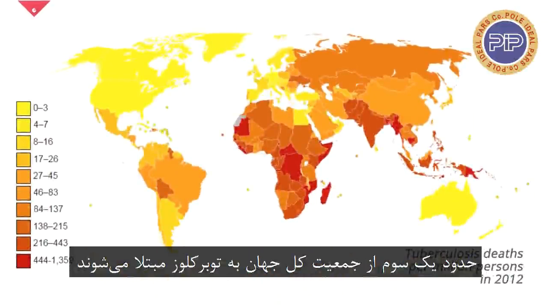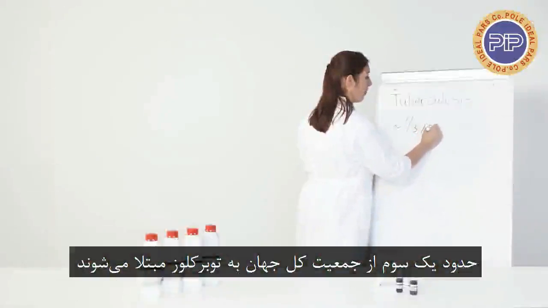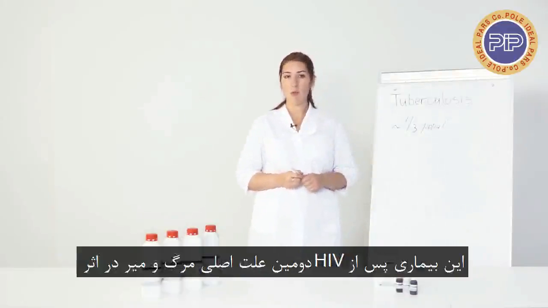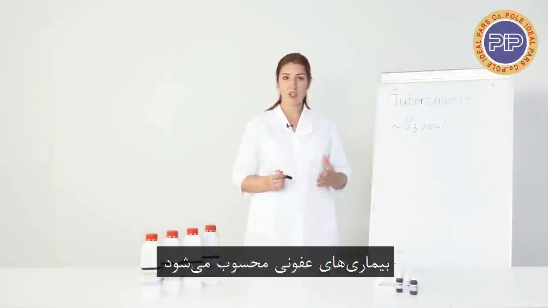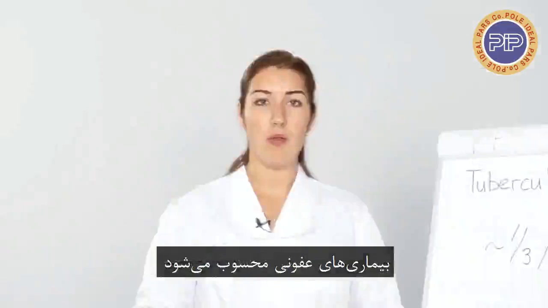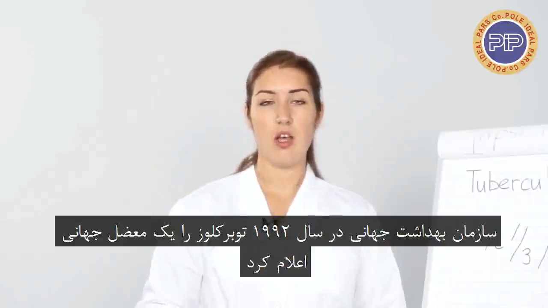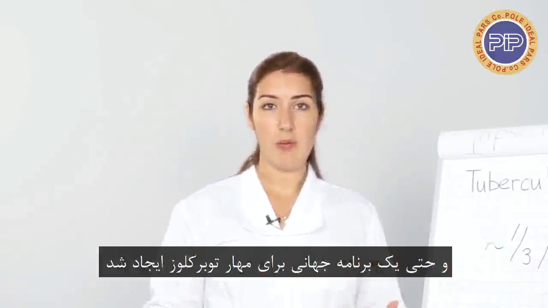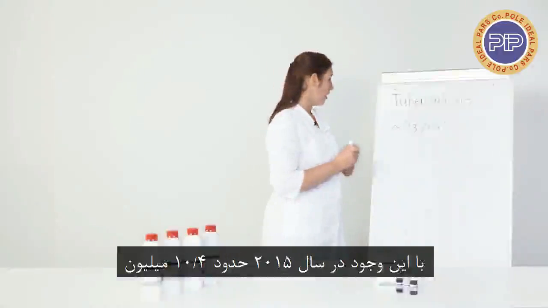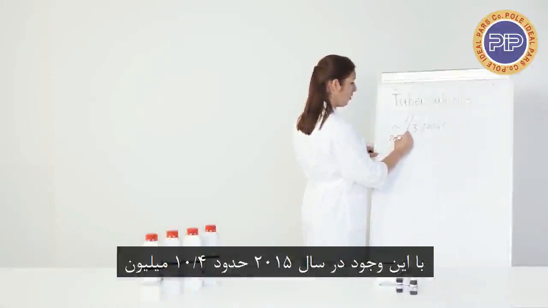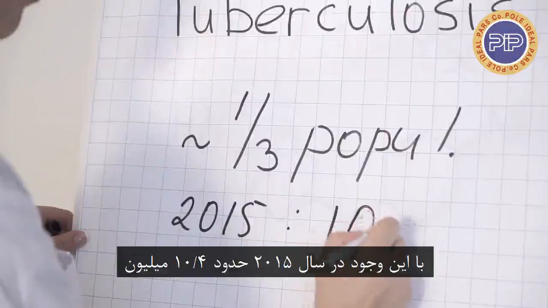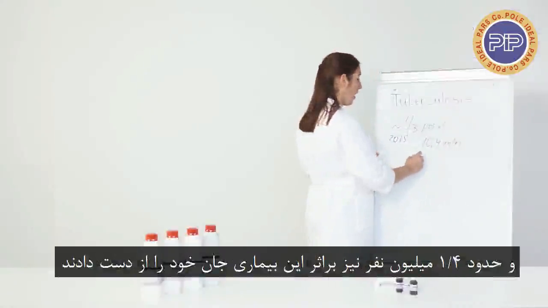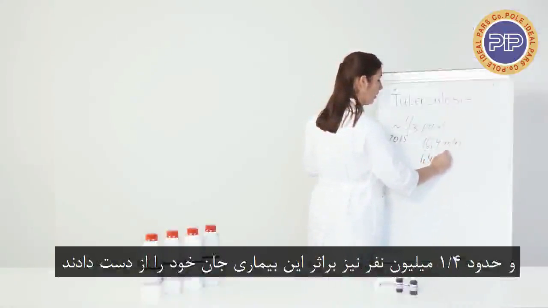Roughly about 1/3 of the population of the planet has been infected with tuberculosis. It is the second most common cause of death from infectious disease after HIV. The World Health Organization declared tuberculosis a global problem in 1992 and even developed a global plan to stop tuberculosis. But nevertheless, in 2015 there were registered about 10.4 million new cases of this disease, and about 1.4 million people